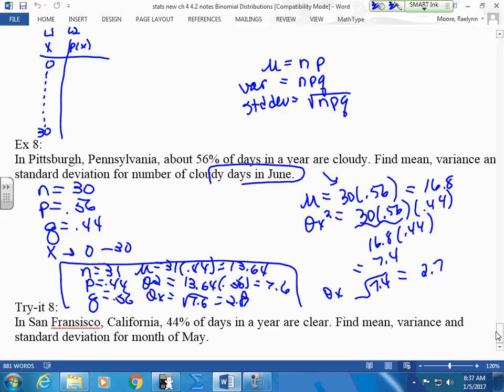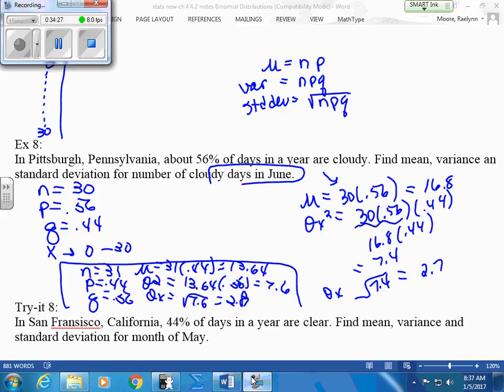Good? We talked about a lot in this little unit. We did a lot of